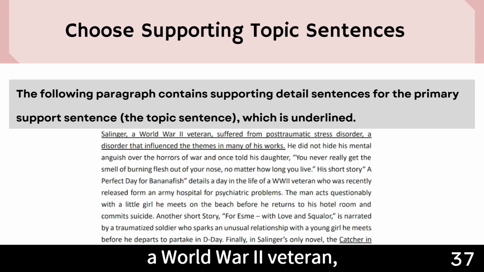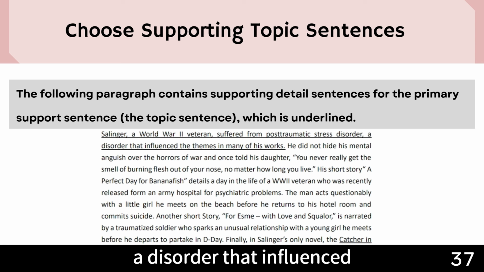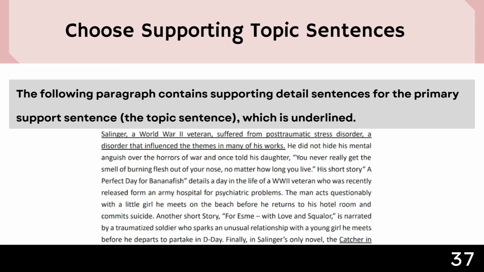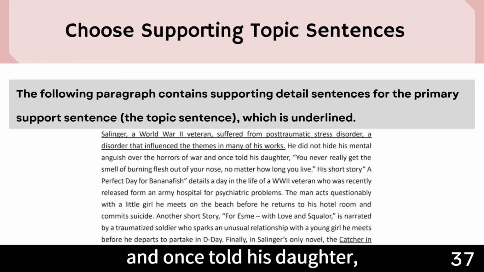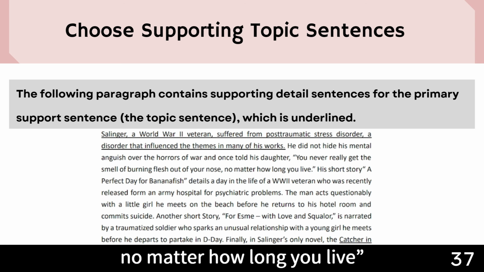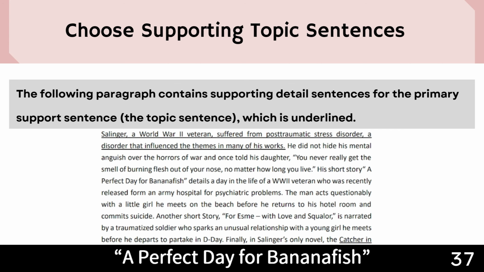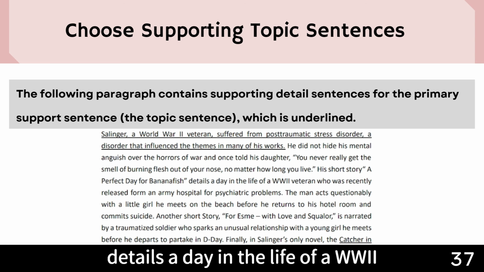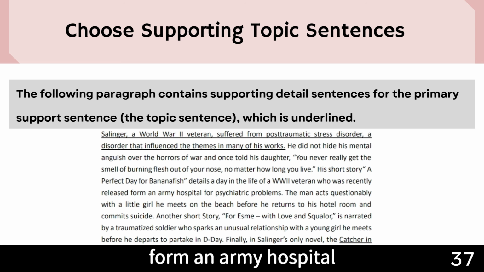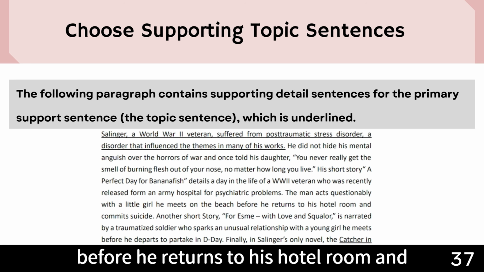Salinger, a World War II veteran, suffered from post-traumatic stress disorder, a disorder that influenced the themes in many of his works. He did not hide his mental anguish over the horrors of war and once told his daughter, "You never really get the smell of burning flesh out of your nose, no matter how long you live." His short story, A Perfect Day for Bananafish, details a day in the life of a World War II veteran who was recently released from an army hospital for psychiatric problems. The man acts questionably with a little girl he meets on the beach before he returns to his hotel room